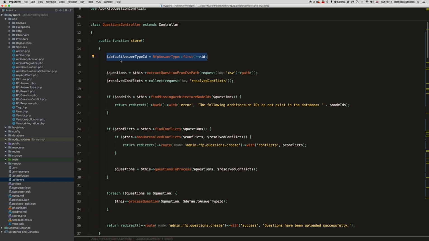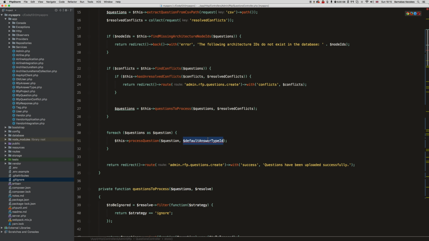We could add this to the model itself, but the reason I don't want to give it to the model is that at some point in the future, in this CSV upload, they're gonna have to specify the actual type of that question. So imagine a question with answer possibilities of yes or no, or another question where you have select options, multiple. So that's why they will have to specify this. So I think for now, instead of doing that up here and passing it in,